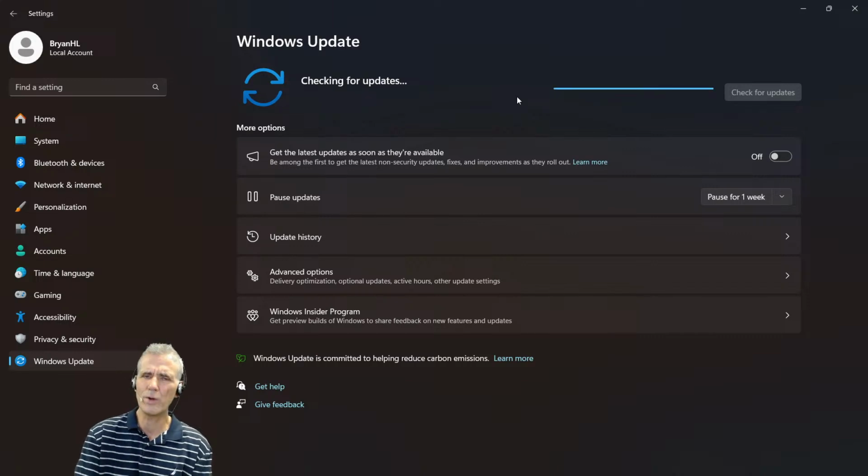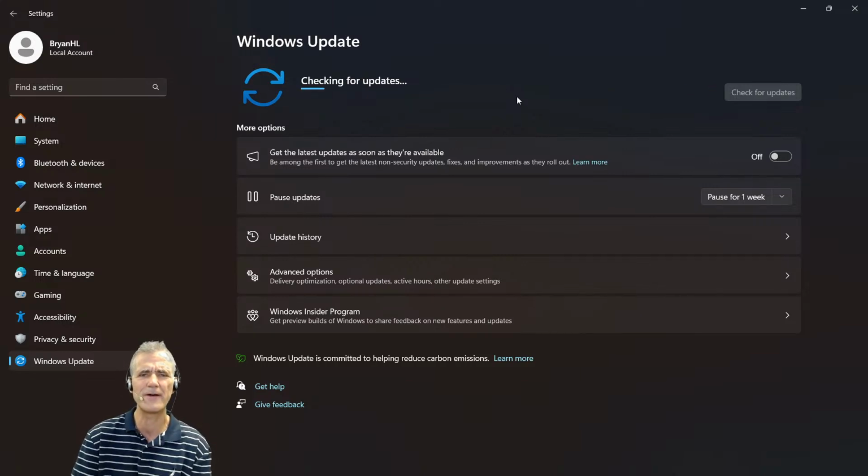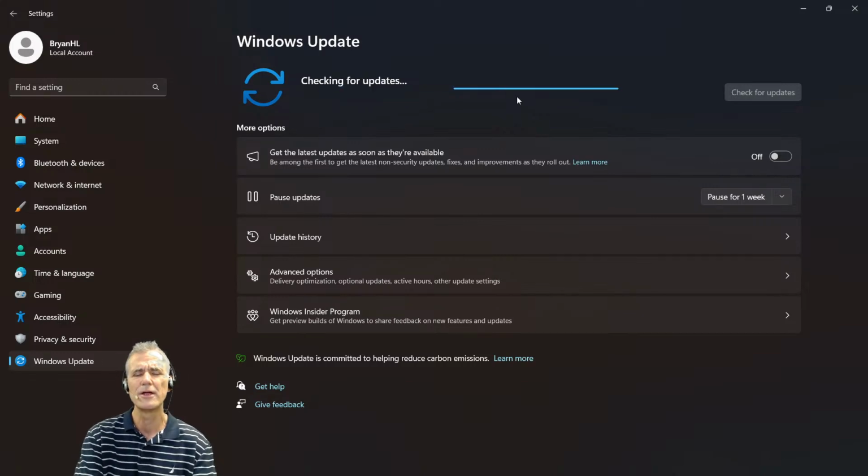And we are looking for updates to Windows twice a day. We're also looking for updates to programs such as Google Chrome, Firefox, Adobe Reader, Zoom, and some other programs that you may or may not have on your computer. But if they are on your computer, we're looking for updates to those on average every 4 hours, and we're looking for updates to the Windows security every hour.